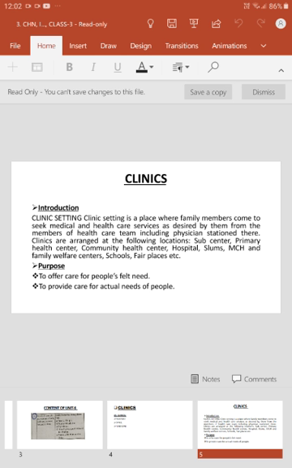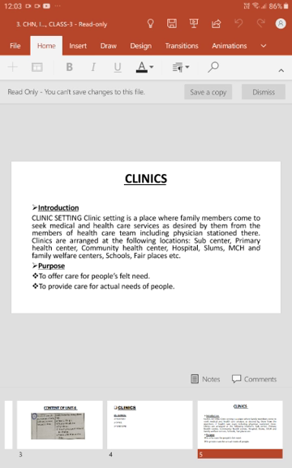Whoever needs healthcare services, we will be going towards the clinics. In a community sector, we go first for the initial treatment, and we take it from the clinical side. Where we get the first initial care, we go for the medical as well as the healthcare services. When you go towards a clinic, you can see physicians and nurses there.